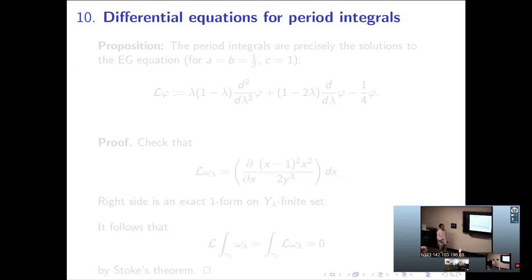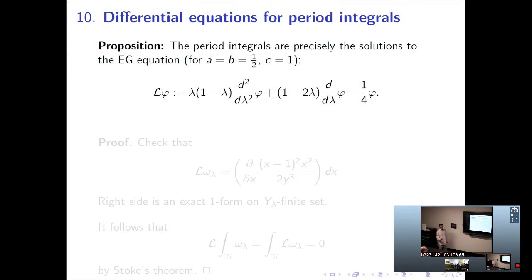There was an equation to that. Oh, that one. Yeah. Yes. To prove